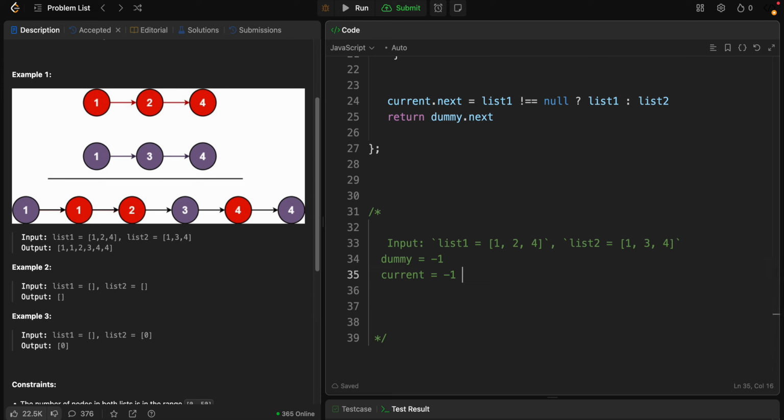We need to compare first. We compare list 1 with list 2. So we have 1 and 1 from list 1 and list 2. And we attach 1 from list 1, and we put the current to it, and we continue until both lists are merged. So first we need to compare, for example, 2 from list 1 and 1 from list 2. In this one we will attach 1, for example, because we're starting with the smaller one,